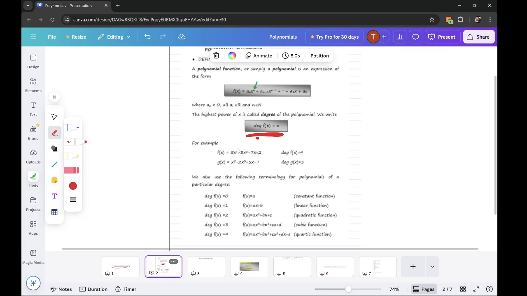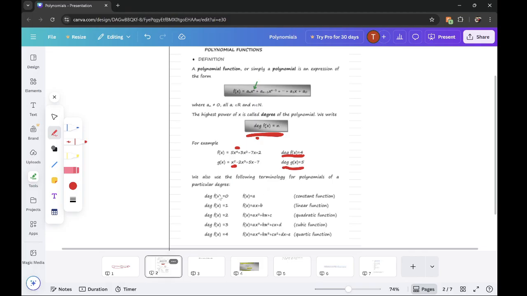This is an example given: f(x) = 5x^4 + 3x^2 - 7x + 2. If we use our definition to find the degree of this polynomial, we look for the highest power of x, and the highest power of x here is clearly 4 because it's 5x^4. Hence the degree of f(x) is equal to 4. The same applies for g(x). Since our highest power of x is x^5, the degree of g(x) is